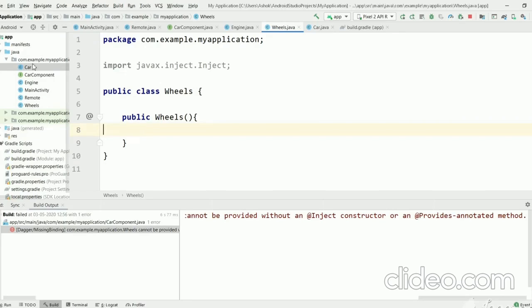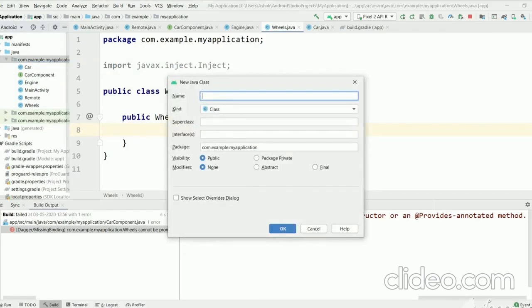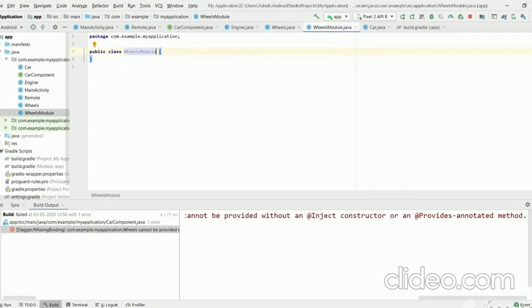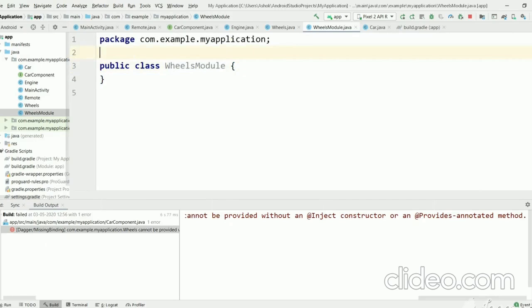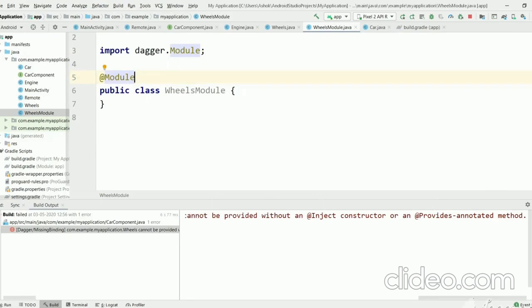We will create a new Java class. Let's name it WheelsModule, which is useful to create Wheels objects, and we have to annotate it as Module. Now we need to create a Wheels object here.